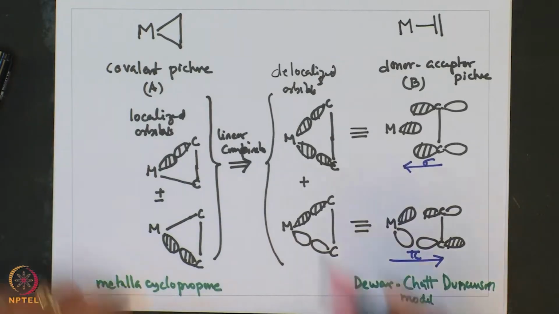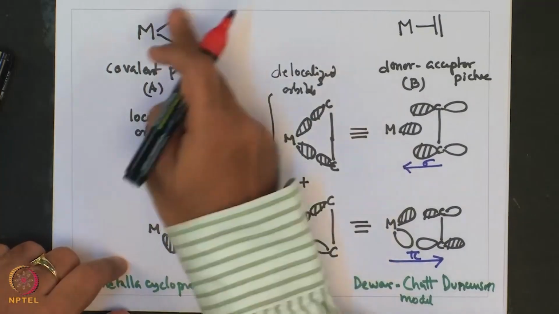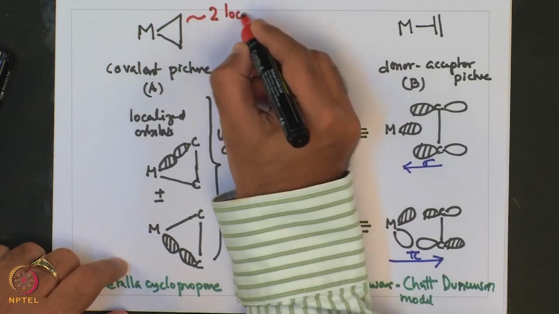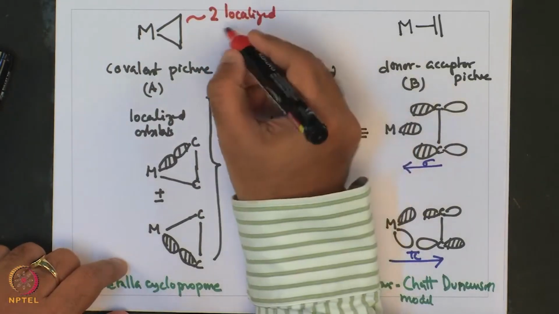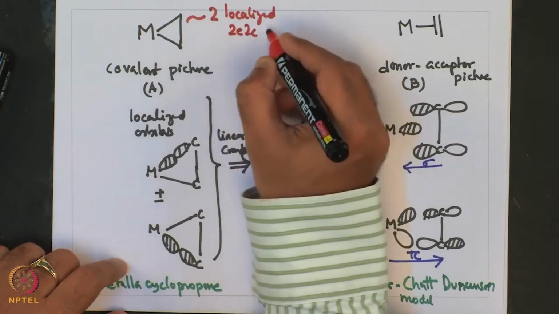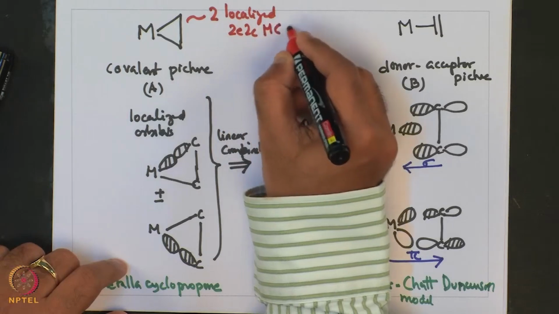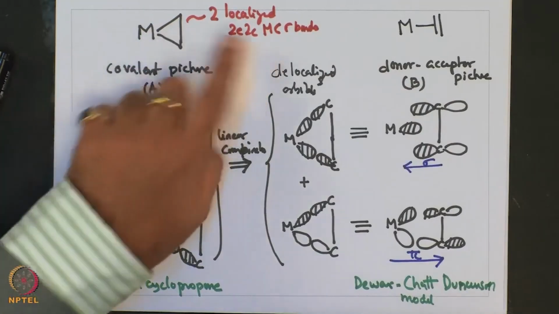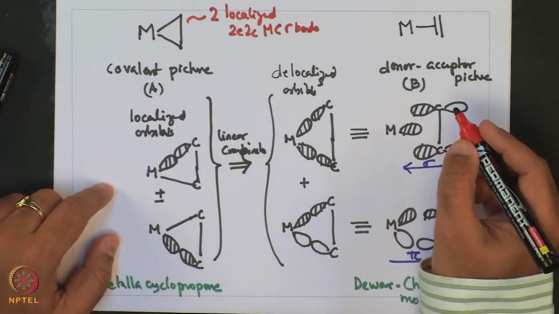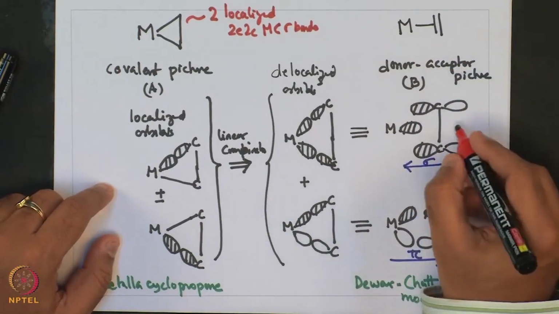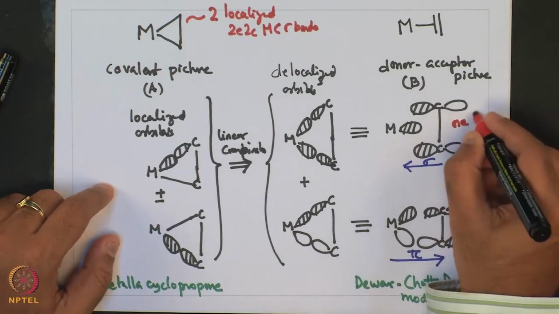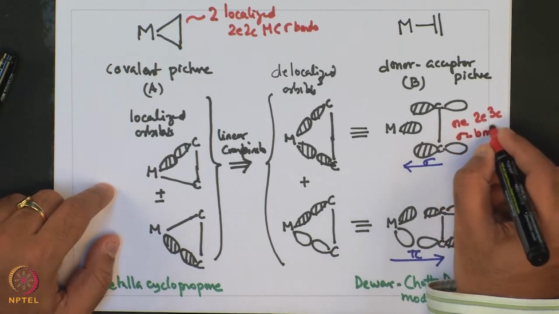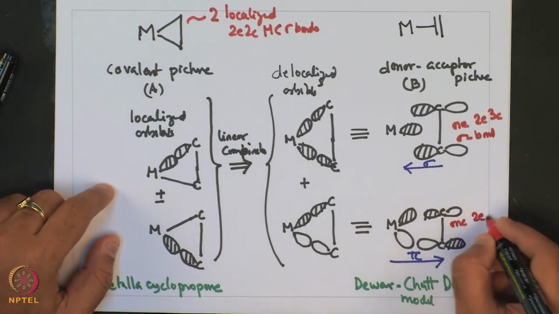Now, let us look at these two interactions. The metallocyclo intermediate contains two localized 2 electron 2 center metal carbon sigma bonds. So, these are classical metal carbon sigma bonds containing 2C 2E types. On the other hand, this contains one 2E 3C sigma bond and